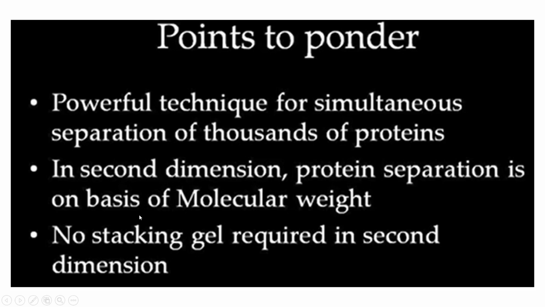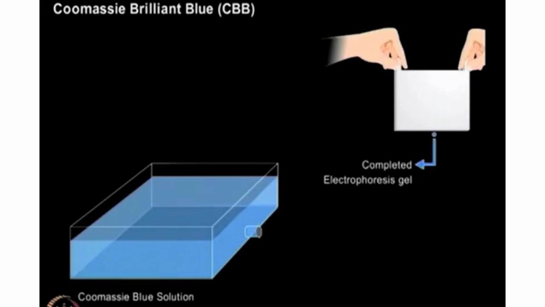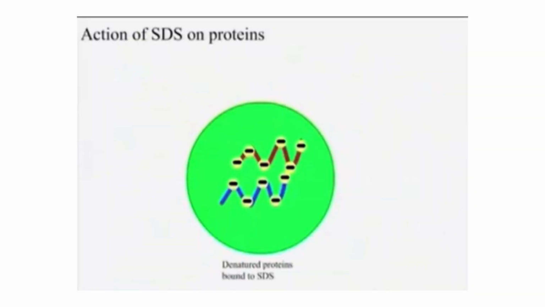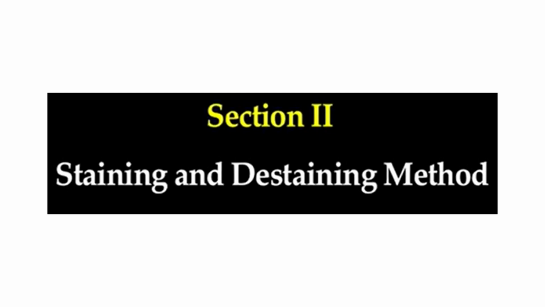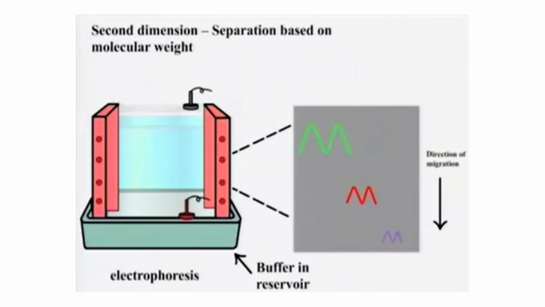In the second dimension, we are separating proteins depending upon molecular weight, and no stacking gels are required in the second dimension of 2D gel electrophoresis. If you are doing only SDS-PAGE, then it is required. But if you are using IPG strips as the second dimension in 2D gel electrophoresis, then stacking gel is not required. So once the strip is added,